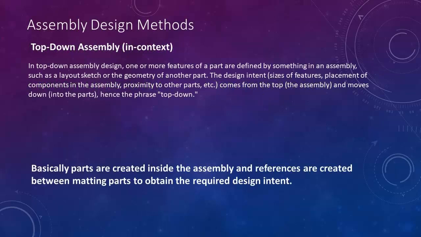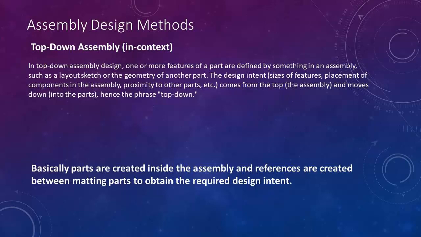Basically, parts are created inside the assembly and references are created between mating parts to obtain the required design intent. In a nutshell, it allows the flexibility of parts to change as your design